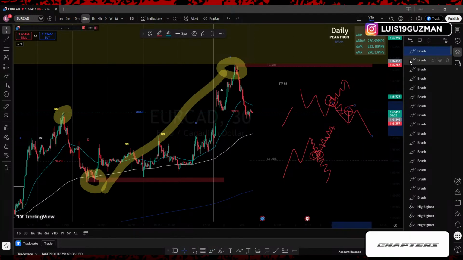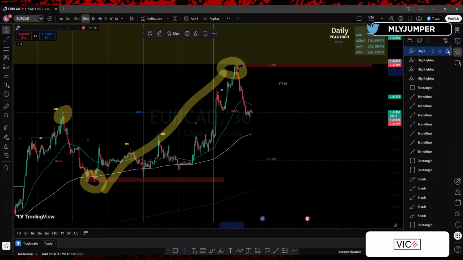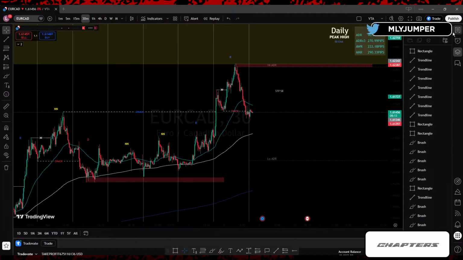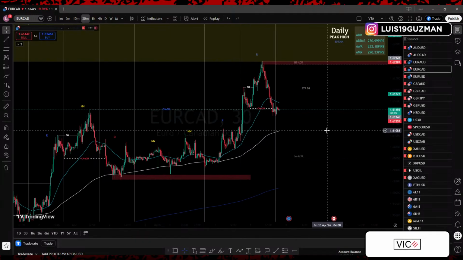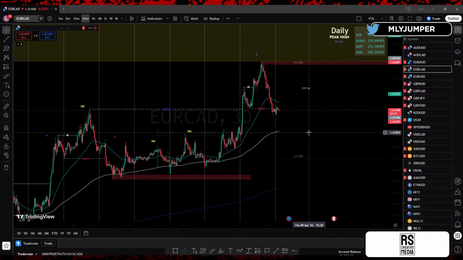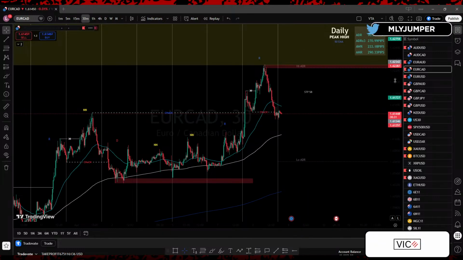Right? Again, I know it's a little bit difficult to be able to see, especially when it's your first time on the chart, especially if you've never really dealt with market structure. I know it's difficult. It's going to be difficult to see that, but it's really not that hard. Like once you see it, you see it. There's no going back. But I know it's difficult to see at first.